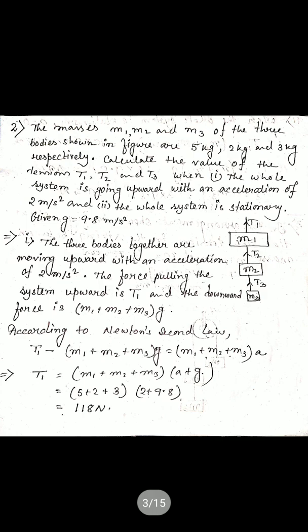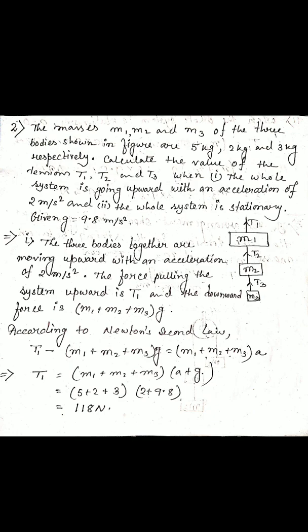Understand? Whenever you get this type of question, for whichever force you find, first see which masses that force acts on, how many masses it will pull. So for T1 three masses are there, for T2 two, for T3 only one. In this way you construct the equation and solve it. Here there is no need to draw the free body diagram, it is understandable from here, that's why I will not draw it. If you have any problem, you can draw the free body diagram, no problem.